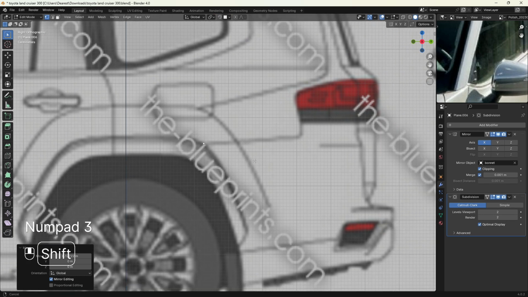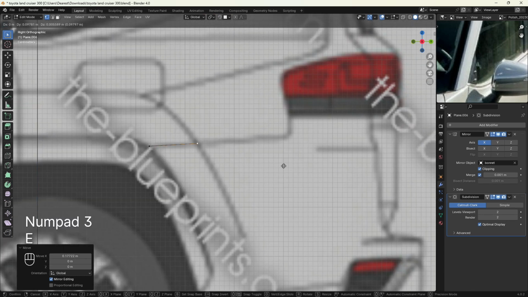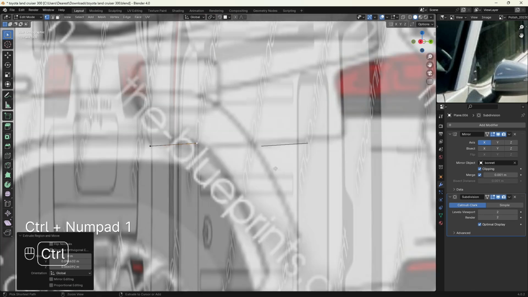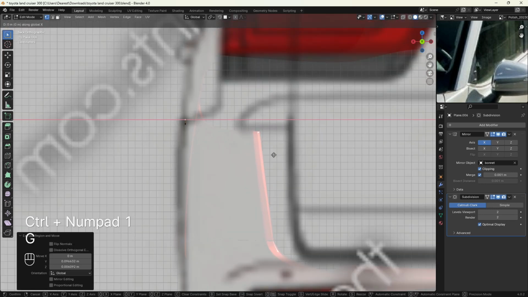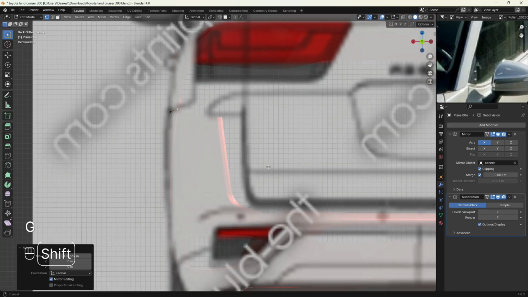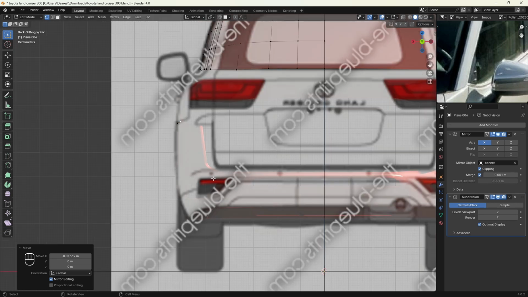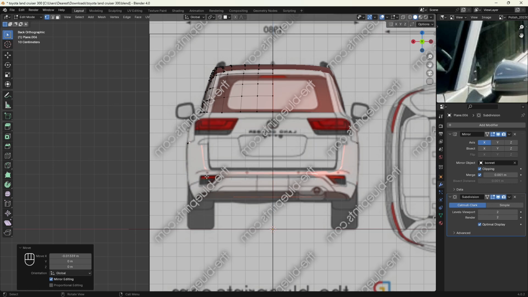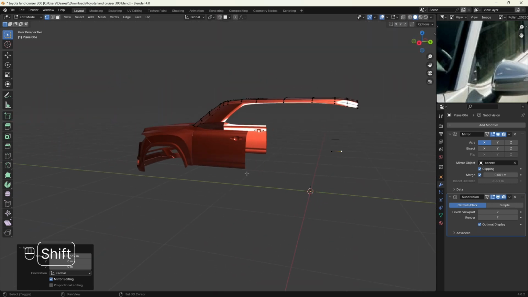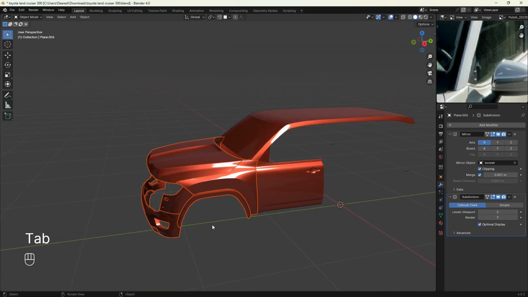Let's go back to side view and I'm gonna extrude one here like so. Go to back view and let's align it like this. And you can see we are having the front part of the vehicle showing in our back view here, and with time it's going to start affecting the way we see our vertices from the back view or how we are aligning them. So in order not to get confused and make things easy, I'm going to select all of